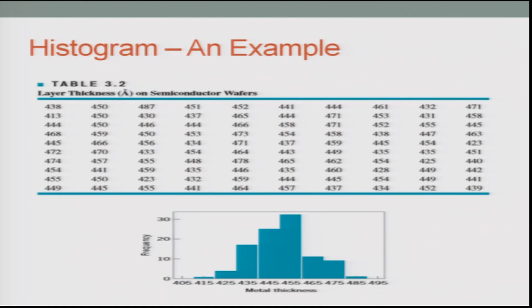So, along the y axis you have basically the frequency, and along the x axis you have the bins or the intervals, which are basically to do with the layer thickness in angstrom. Now, one should remember the bins or the intervals which you have made can be broader or smaller depending on what amount of information you want. So, the finer you make,